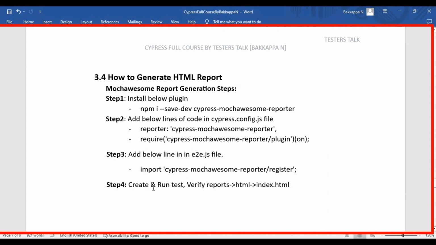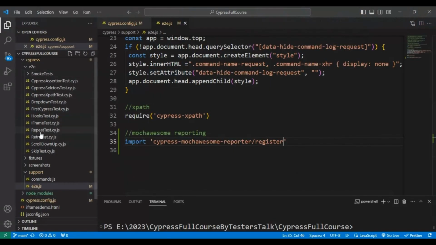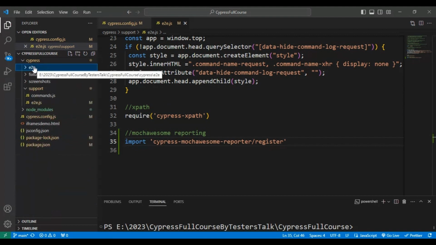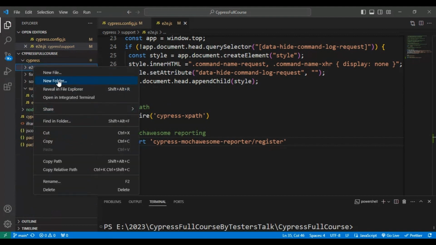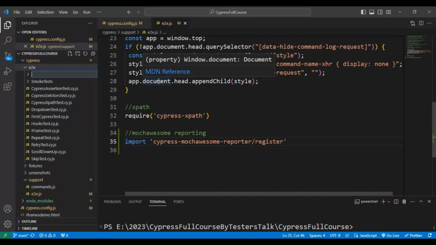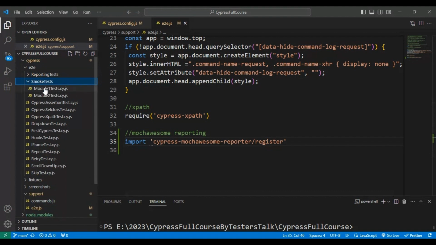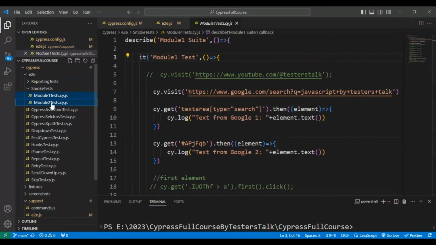Now in step 4 we have to create multiple spec files and execute them. It is very easy. I will go to my VS Code. I don't want to execute all these spec files, so I'm creating one simple folder inside the E2E folder. I'm selecting New Folder, and I'll name it reporting tests. That's it. Then I will go inside the smoke tests, and simply copy two spec files,